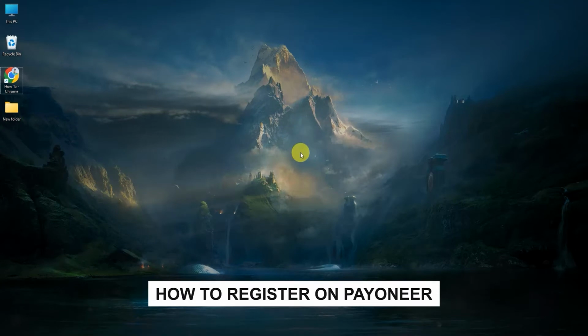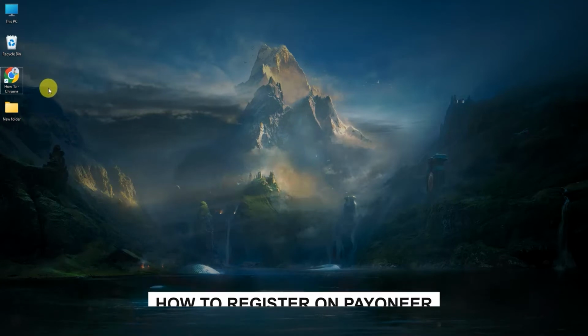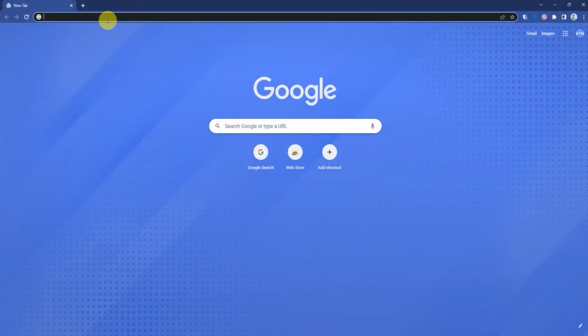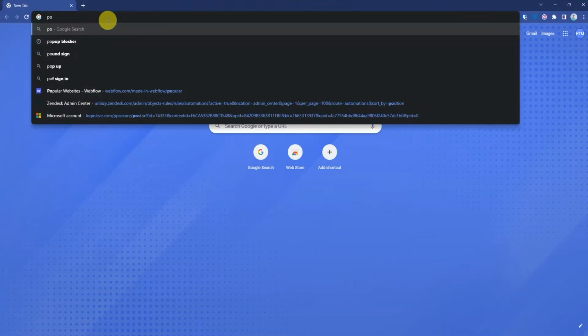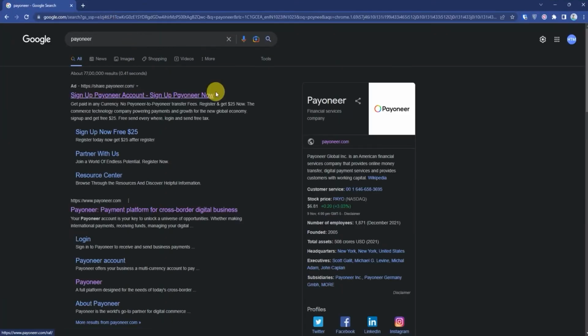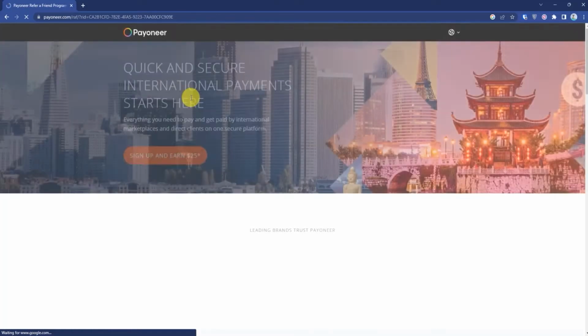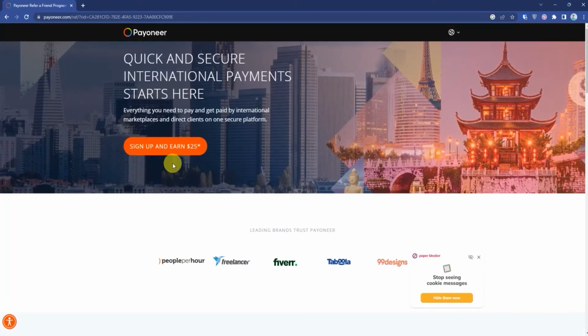Today I'm going to show you how you can create an account on Payoneer. So firstly open up your Google Chrome, then just search Payoneer. Now open the first link. Now just simply click on sign up,